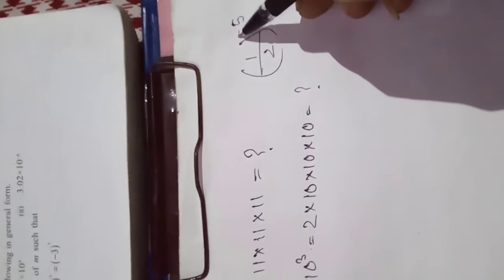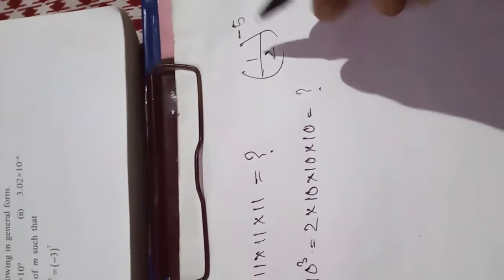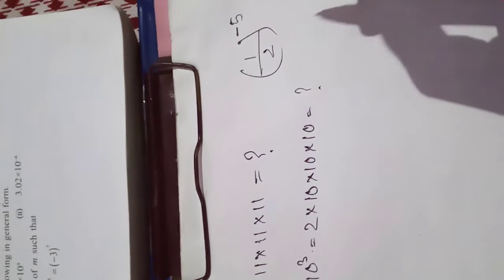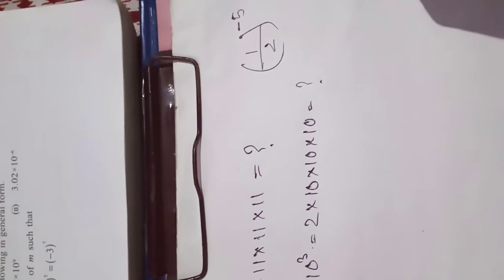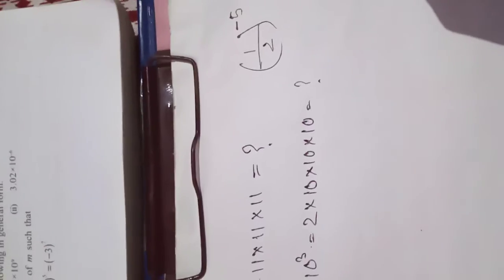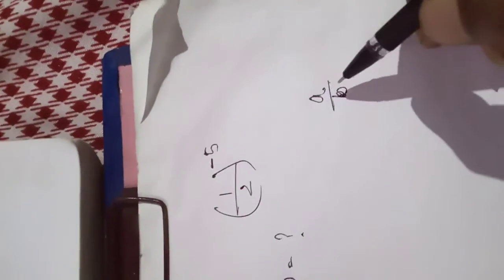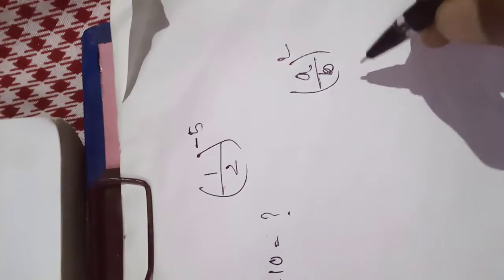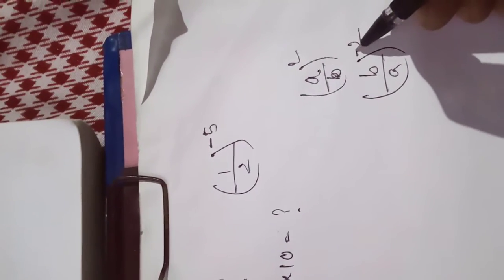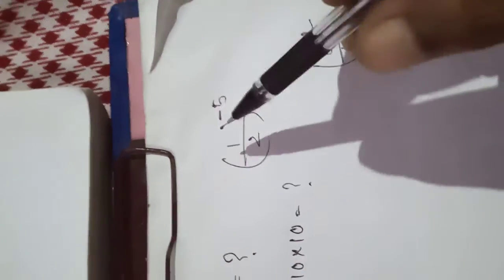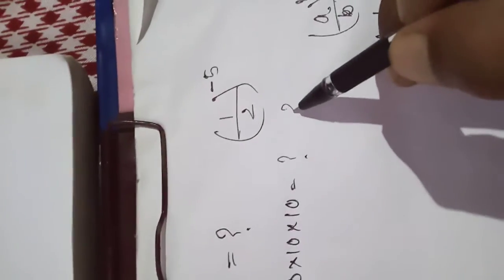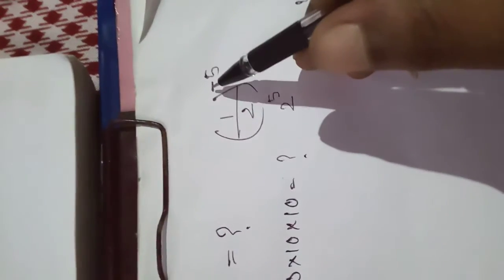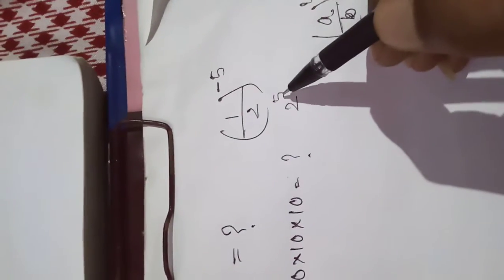Okay, see, if the power is minus, then we can make it plus if you invert it. Suppose there is a fraction a by b, and there is a power. If you write it as b by a, then you have to change the sign of the power. Like this way. If you invert this one, then it will become 2 to the power, and the power sign here is minus, so here it will become plus.